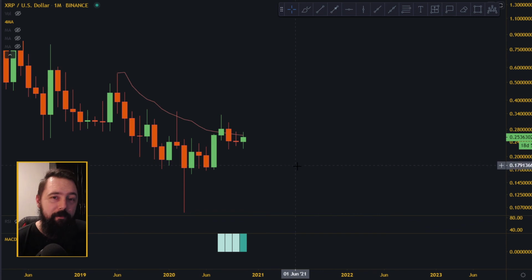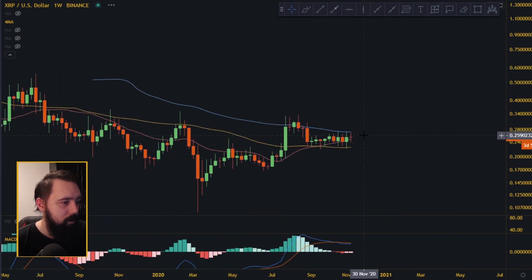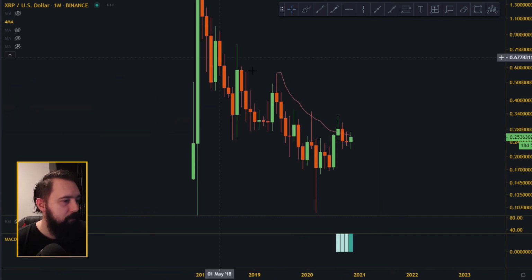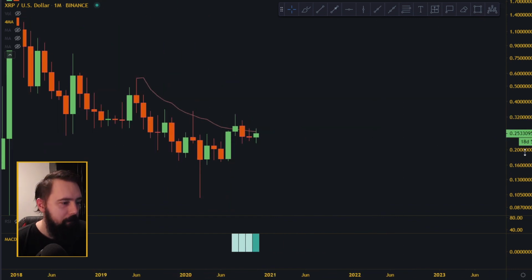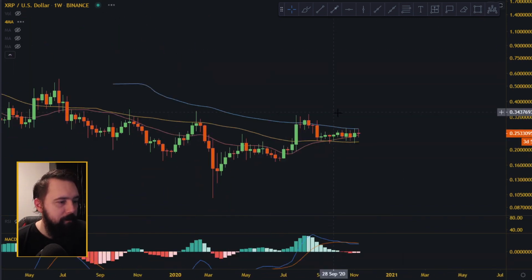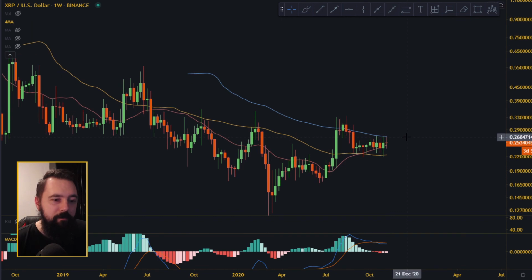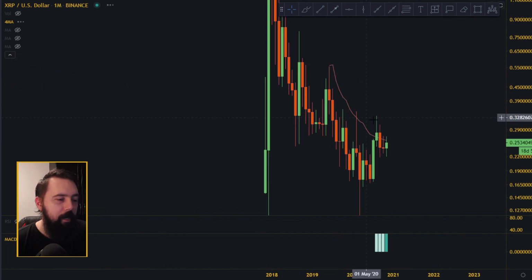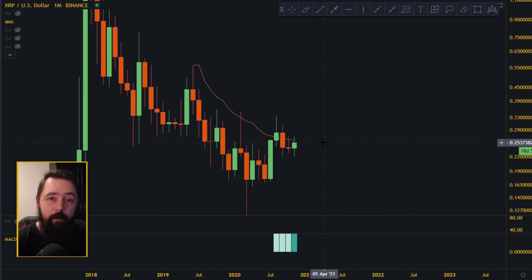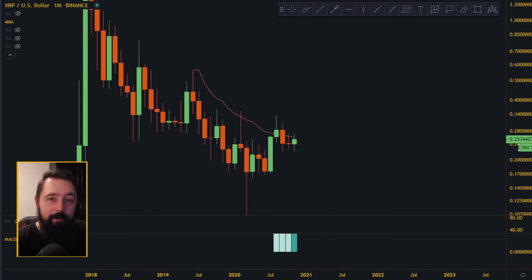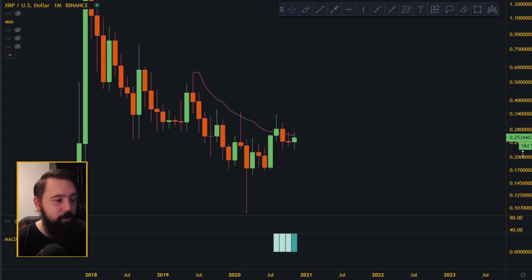The 20 moving average on the monthly has to be broken, and I believe, what's the price here? 270, and on the monthly it's 260. I believe if the price manages on the weekly to break and hold above the 100 moving average, I think on the monthly you can get above the 20 moving average, and if you do that, you're golden. The trend has reversed upwards, and that's very good.